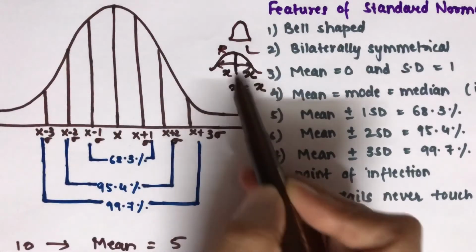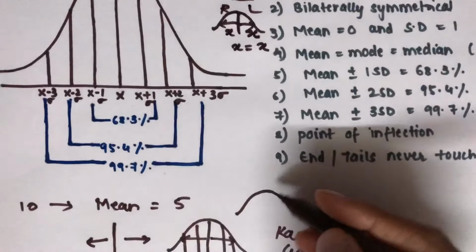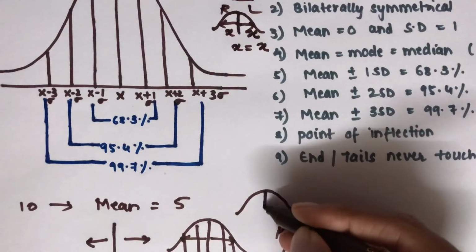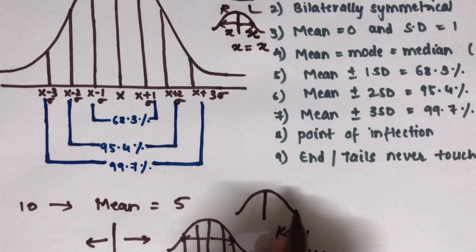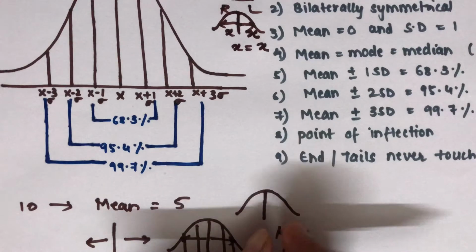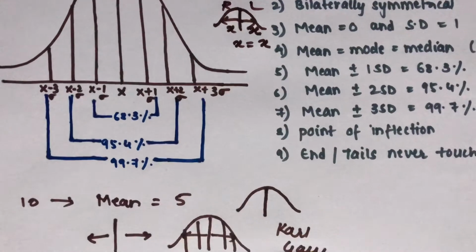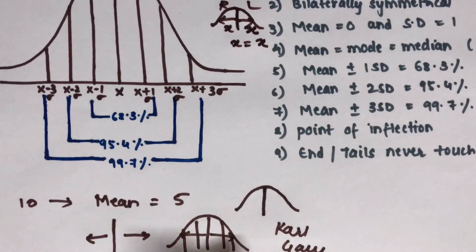So when you're dividing this curve in the center, if this is your curve and you're dividing it in the center, you can see it looks completely symmetrical. They are mirror images. The right and the left side, the two half parts of your curve, are mirror images, or completely symmetrical, and hence this curve is bilaterally symmetrical.